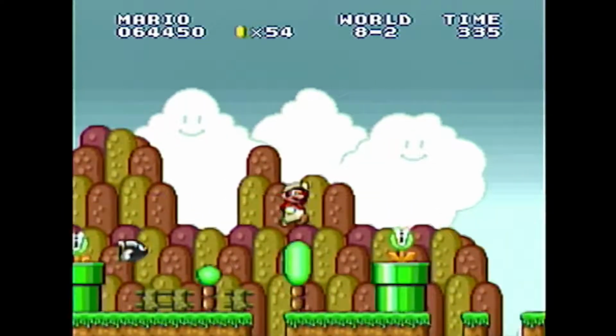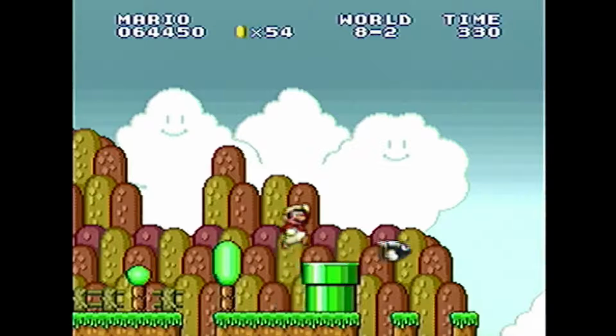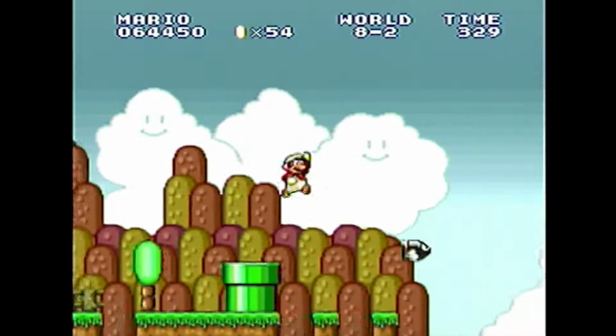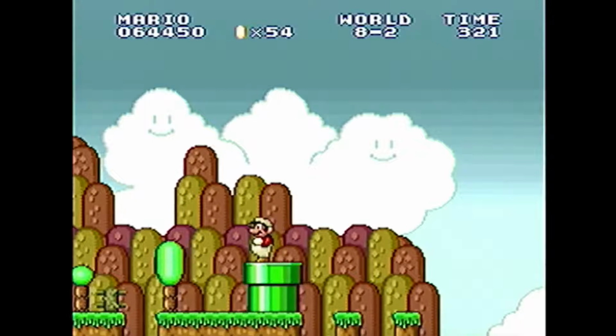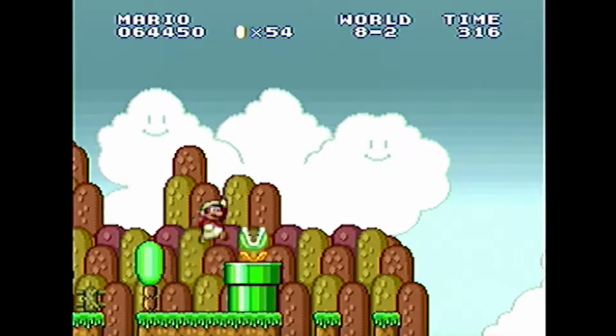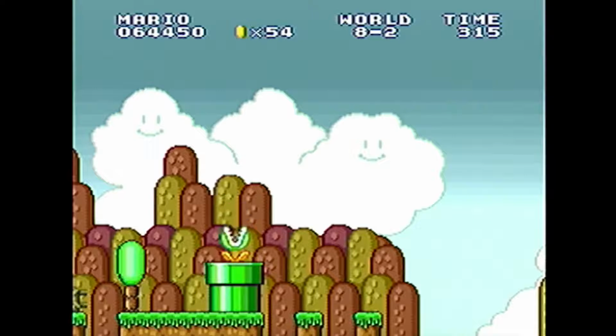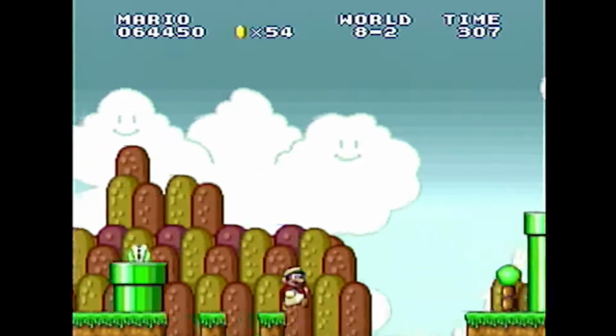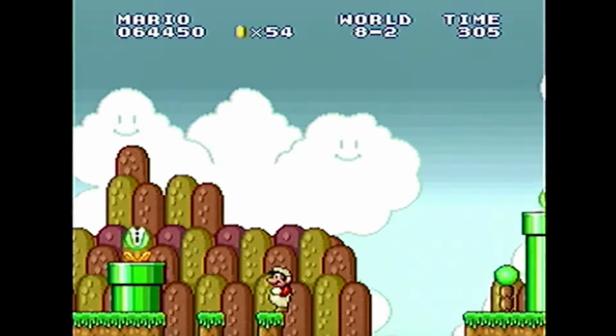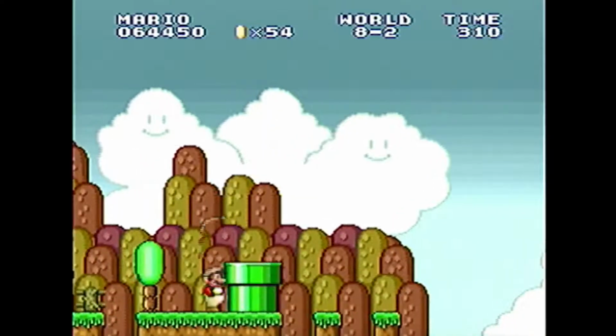Because save states are fine and all, but I'm afraid I could accidentally, for example, I have a save state right on this warp pipe, right? It would give me time to jump over, but then what if I accidentally overwrite that save state at a point where I'm about to fall, like on the cliff over there, and now I don't have any way to get back up? Yeah, so... And then Rewind I'm also mixed on, because